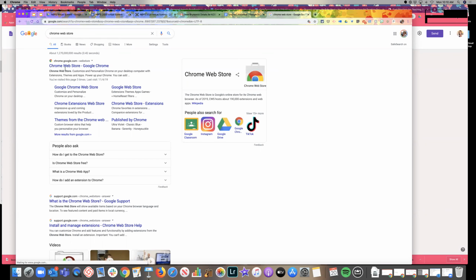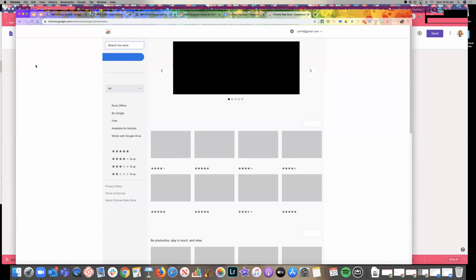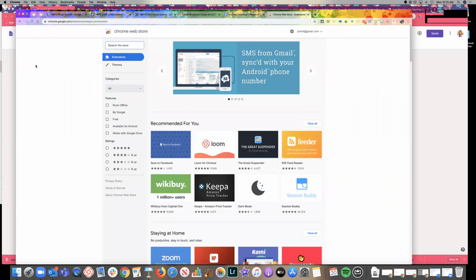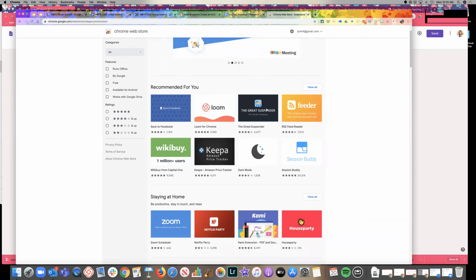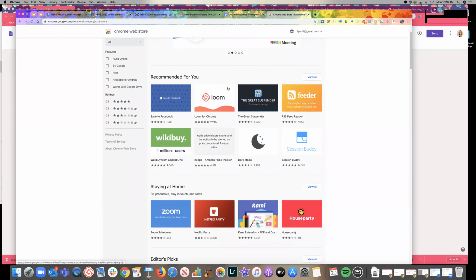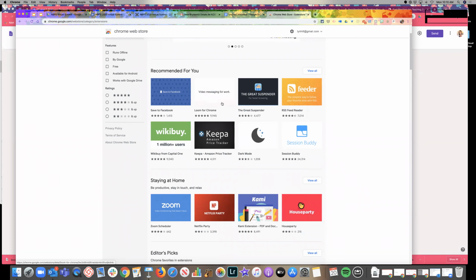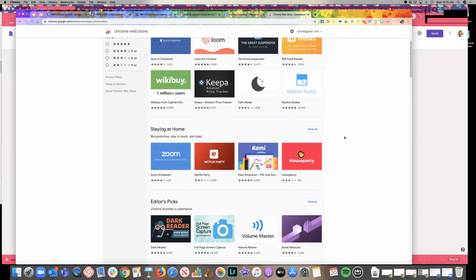So you can just Google Chrome Web Store. It's chrome.google.com/webstore. And there's a whole category of extensions. Now they're recommending a bunch of them for me. Loom does operate an extension as well, but it also downloads as an app, which is why I included it